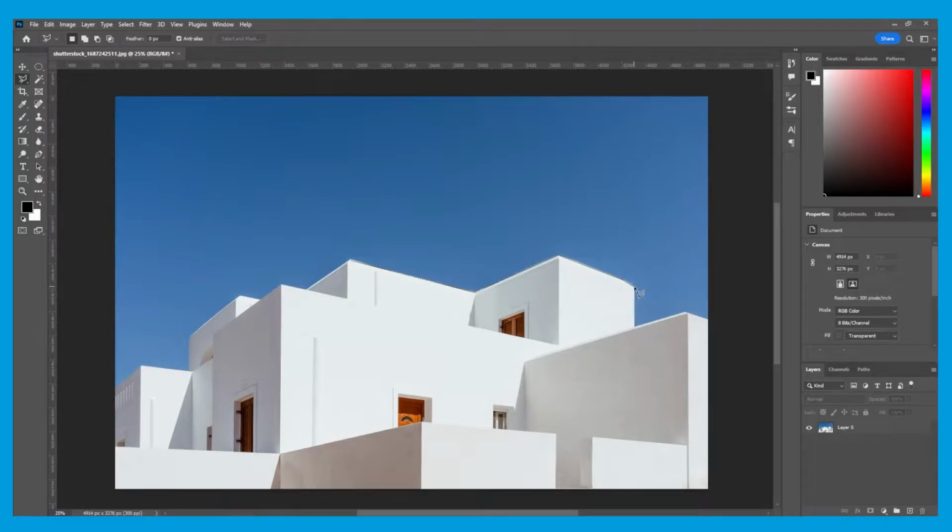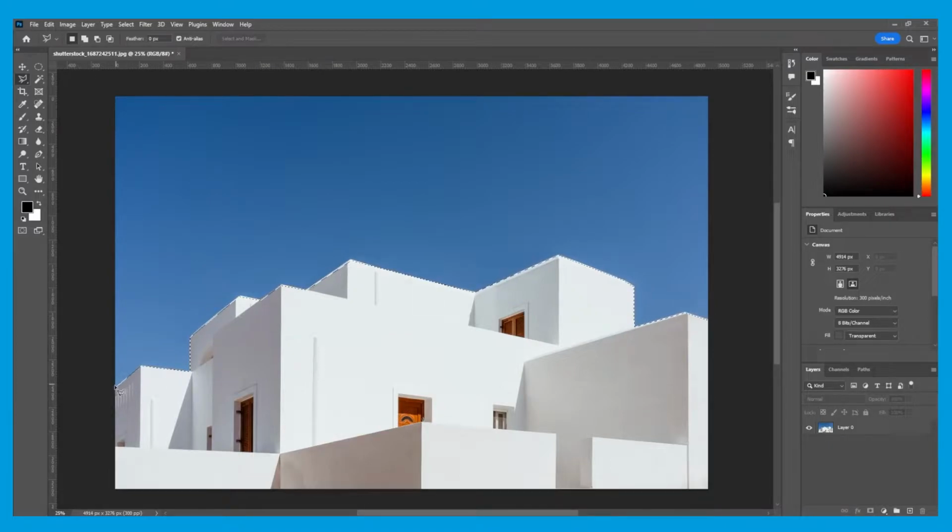So just follow around the edge of the building, clicking from corner to corner. And once you get to the edge of the canvas, do not be scared to go on the outside. This will not cause any issues with your cutout. So I'm coming back towards the start where I began, and to join them up I just want to hover over my first checkpoint with my cursor, and I will see a small circle appear underneath the tool. And once I see that circle, it means it's going to make the selection. So if I click, we have the selection.